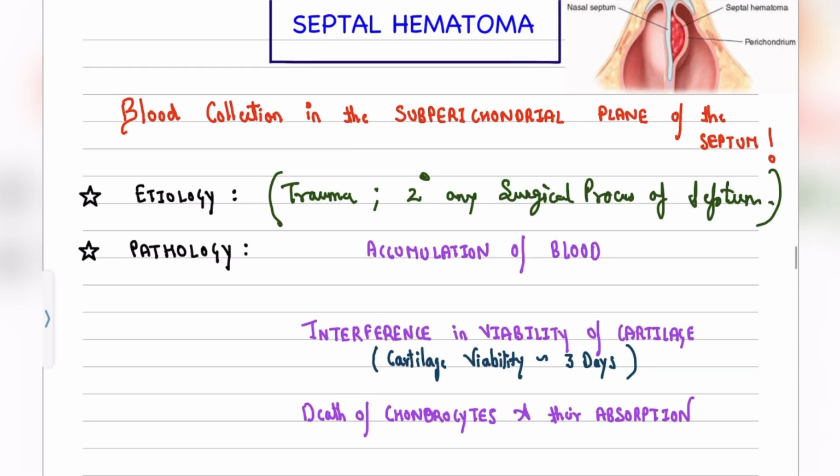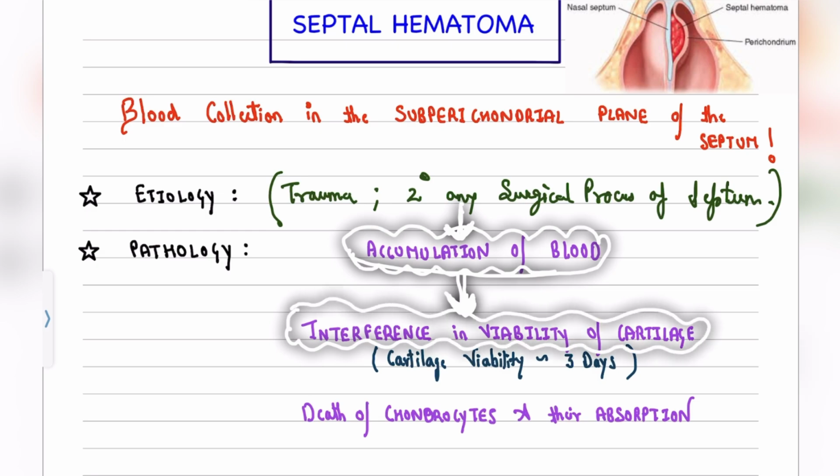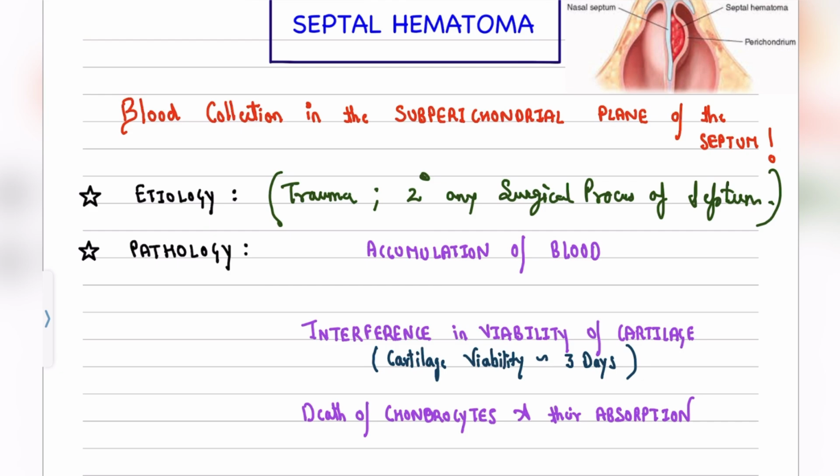As soon as there is any trauma or any surgical procedure that has been done onto the septum, there would be accumulation of blood in between the septum and the perichondrial plane, and this excessive accumulation of blood in the subperichondrial plane will lead to interference in the viability of the cartilage. So as you guys know, cartilage does not have its own blood supply. It is dependent on diffusion for its nutritional requirements. So normally, if there is hampered perfusion of nutrition supply of the cartilage,